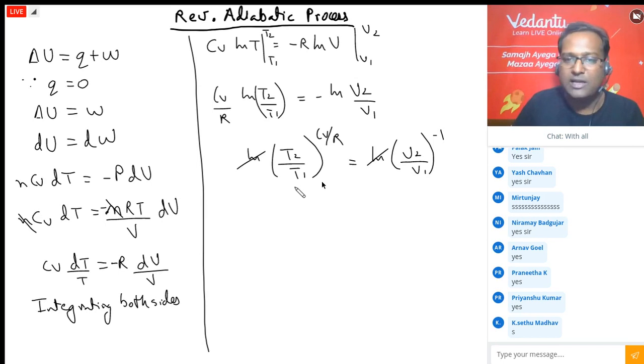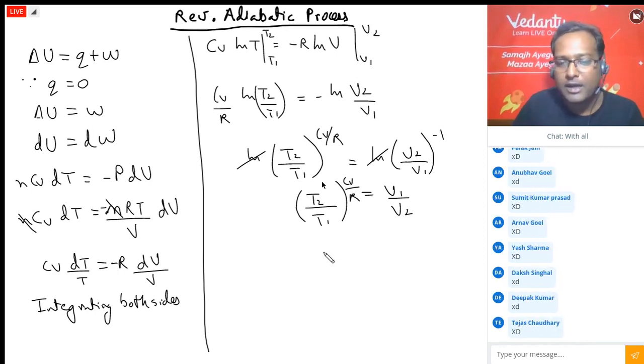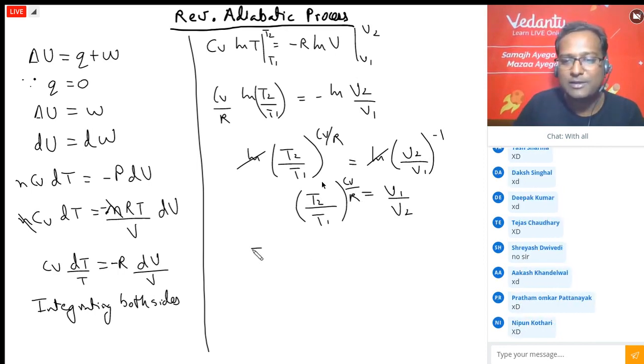Now I'm going to rearrange it slightly, because this then becomes V1 upon V2. Oh, you don't know anti-log? Then forget what I said. Ln we cancelled. हाँ, तो वो सब कहाँ से अभी पढ़ाता बैठूंगा, बताओ, मैथ्स वाले काम है.